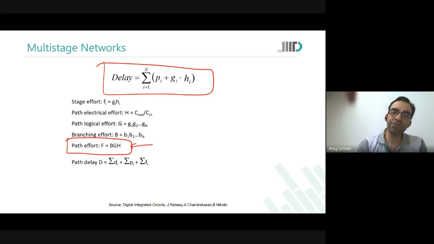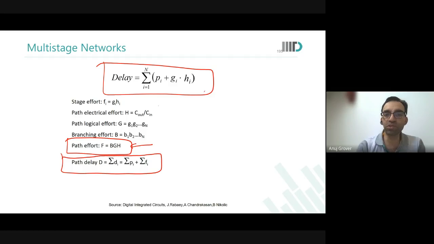Path effort and delay are not directly related, but we will see how they are related. To estimate path delay, we use the standard formula of the sum of all the individual gate delays. That is what we did in the analysis of the ring oscillator based on an inverter chain; we had simply added all the delays there. Path effort is a different thing which we will use now. Are we on the same page still? Any questions? Because this is still what we did in the last class.